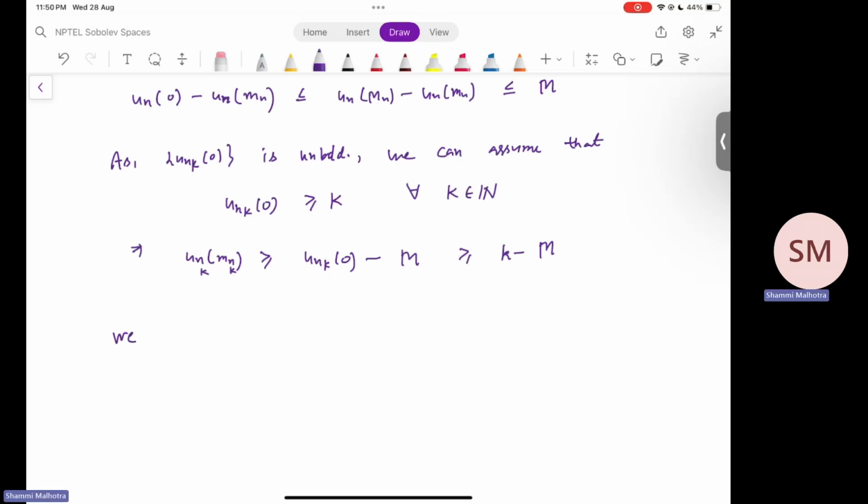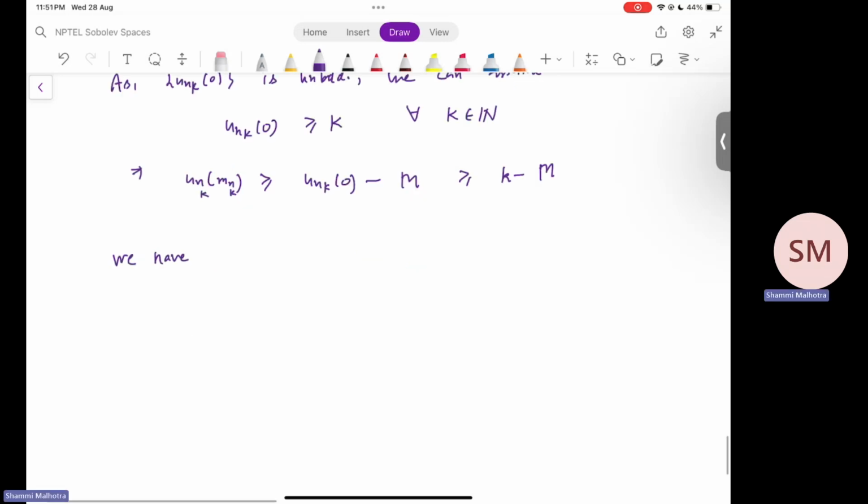We have the integration from 0 to 1 of the mod of u_{n_k} times m_{n_k}. I know since they are in L^p, they are in L^1, so this is finite, but the integral of u_{n_k} dx is greater than or equal to what? This is greater than or equal to the integral from 0 to 1 of u_{n_k} times m_{n_k}, which is the minimum value, dx, and again finally this is greater than or equal to